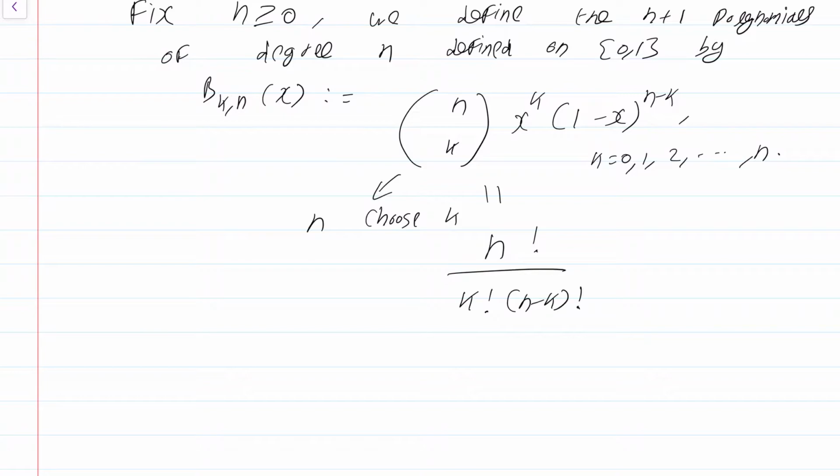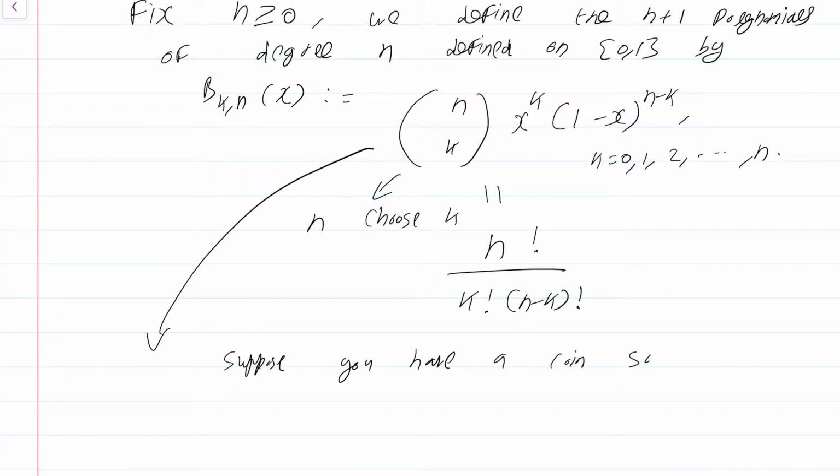Okay, so we have now defined these polynomials, but I have said defined on [0, 1]. Why do I say defined on [0, 1]? Because if you remember your basic probability, what this actually measures is the following. Suppose you have a coin such that the probability of heads is x, and of course 0 is less than or equal to x is less than or equal to 1,